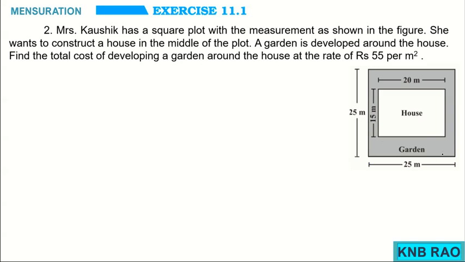Children, if you watch in this square plot where the side is 25 meter, somewhere in the center, the house is of the size 20 meter in length, 15 meter in breadth. That means it is of rectangular shape. Now to find the area of the garden developed, we need to find the solution. Area of the garden